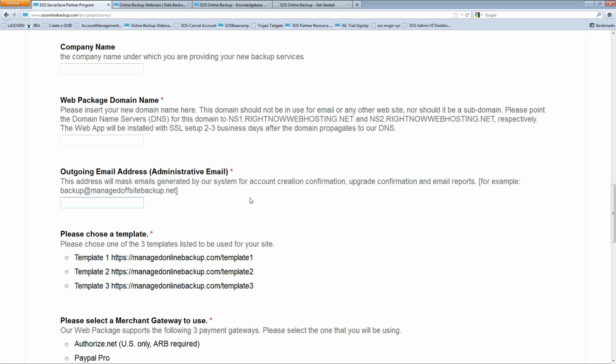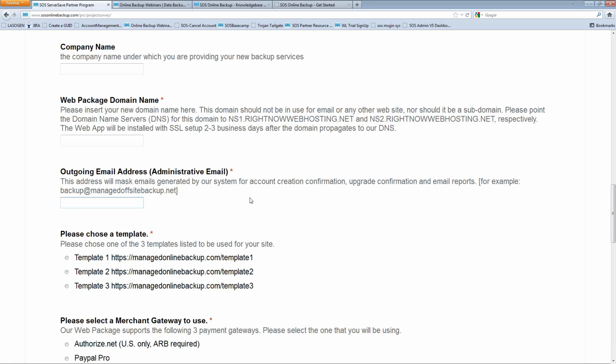If you have a big support ticketing system or some type of system where cases are automatically generated by customers sending an email to that email address, maybe you'd want to use that one. That way, if someone replies back to a backup report or to an account creation notification, then you would get that case right away. The emails that are generated automatically are account creation,